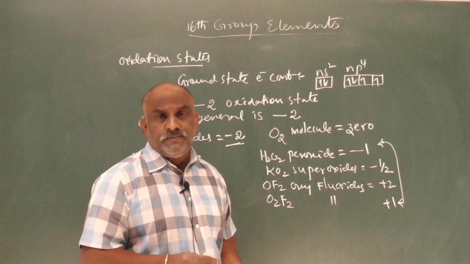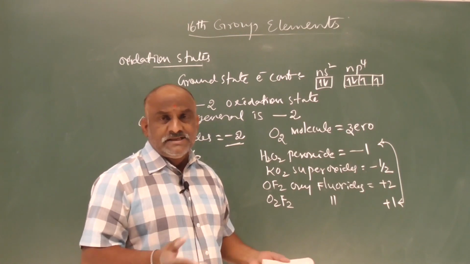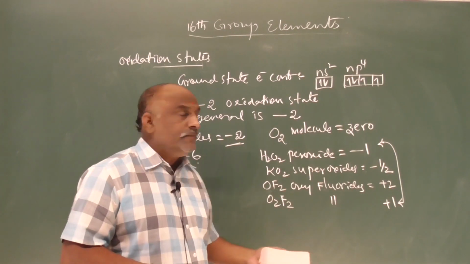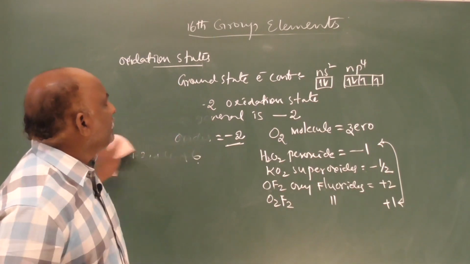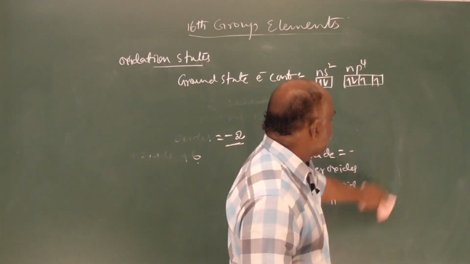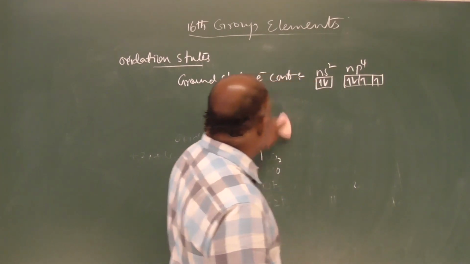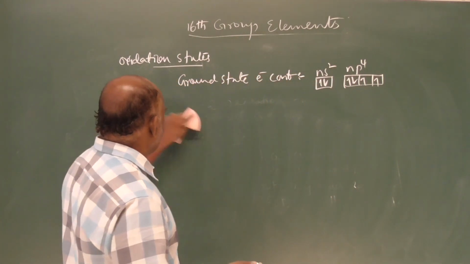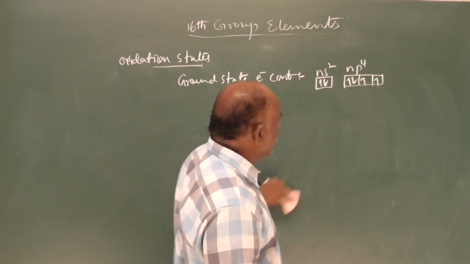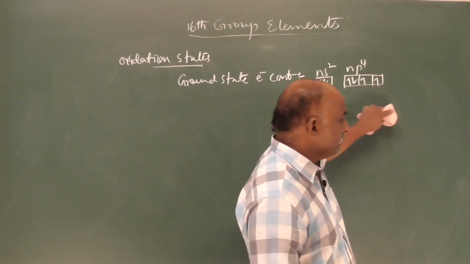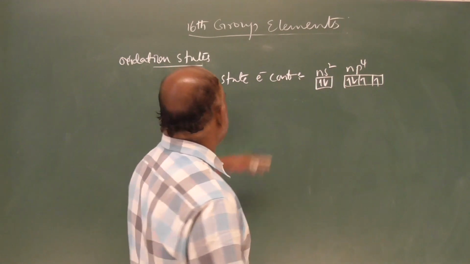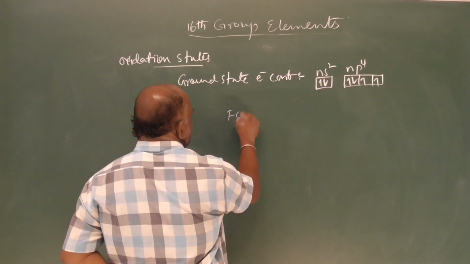This was very useful for further practice of oxidation numbers, which is related to stoichiometry. So, here according to the configuration only we have to decide that oxidation number. Number of bonds is equal to oxidation number only. Number of bonds means number of unpaired electrons. Number of unpaired electrons is equal to number of bonds. Number of bonds is equal to what? Oxidation number. So, once you observe, this is the ground state, then we go to the first excited state.